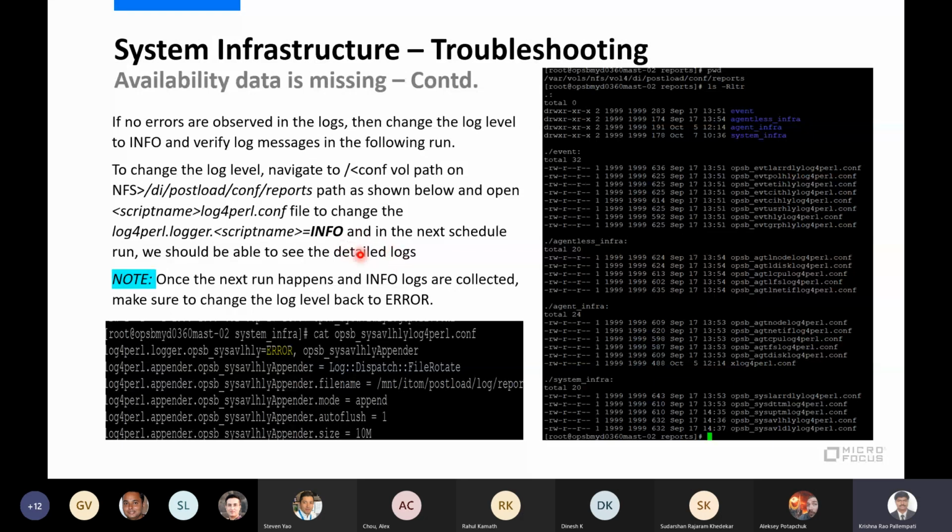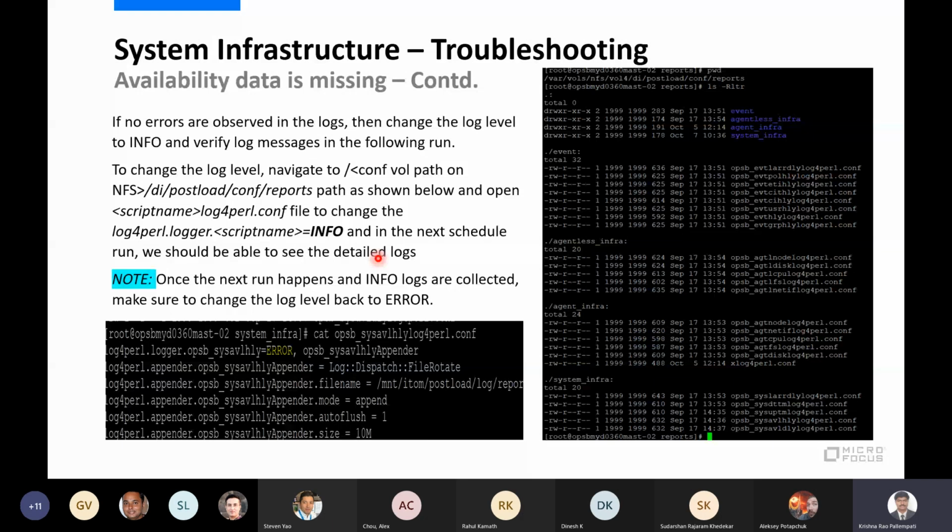Once you change to info log, you run at least one task flow. How do I know one task flow completion? You can see in the monitoring dashboard whether this particular task flow has started or not. Then see in your log file whether it contains sufficient information, or a more detailed log level, and whether that log is useful or not.